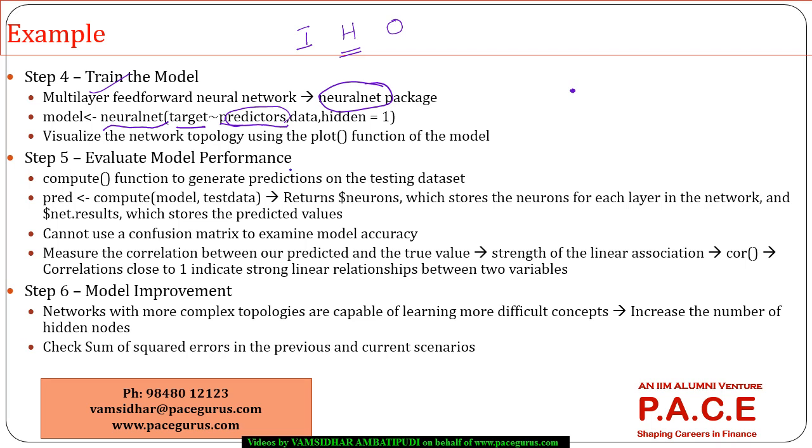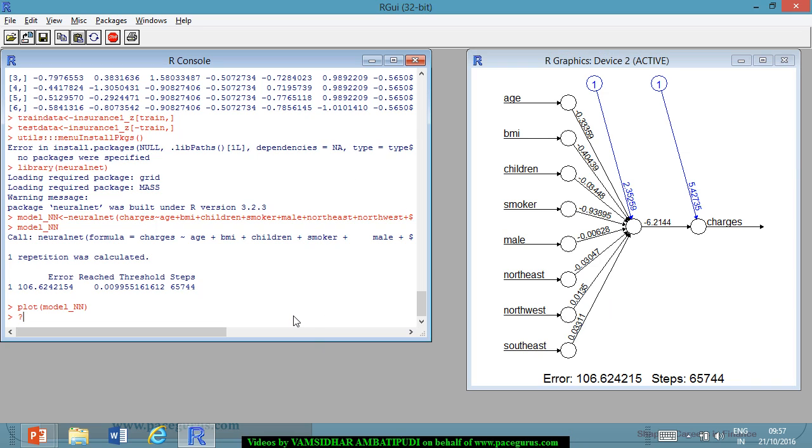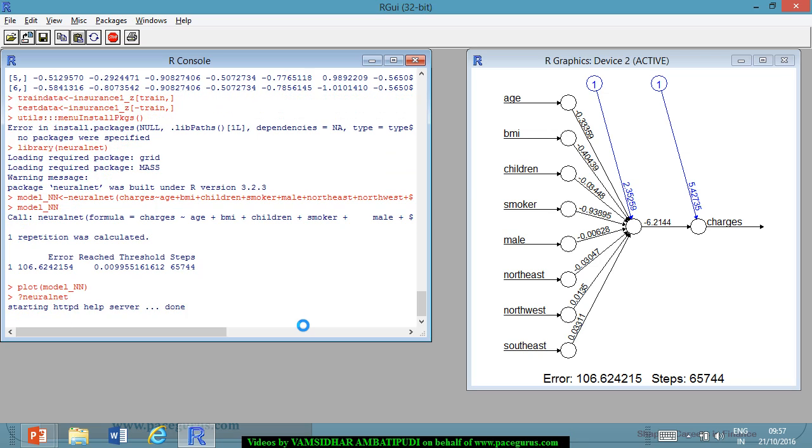Now, again I have to do the prediction of this model on the test data, right, to really assess what is the goodness, because here I can't understand what is minus 0.33, I can't say what is minus 0.4. It's very difficult for me to understand this because there is a lot of transformation and all that I have gotten out here. If you look at just typing out question mark neural net to really see what this function can do,